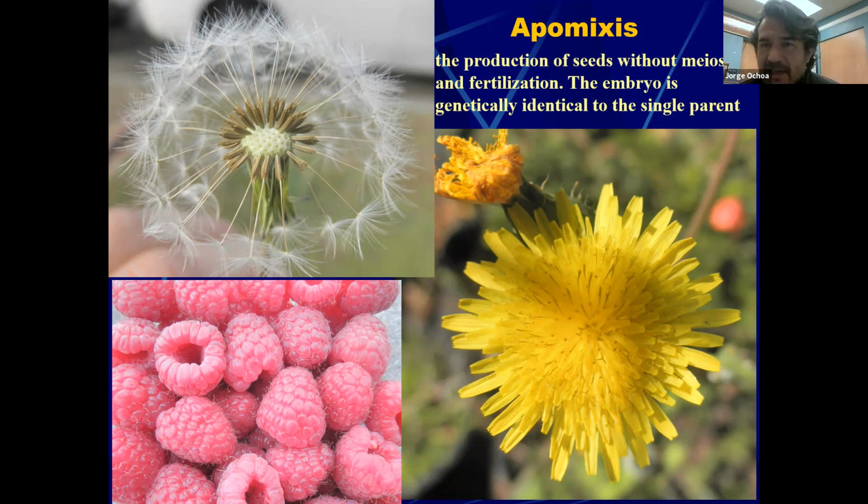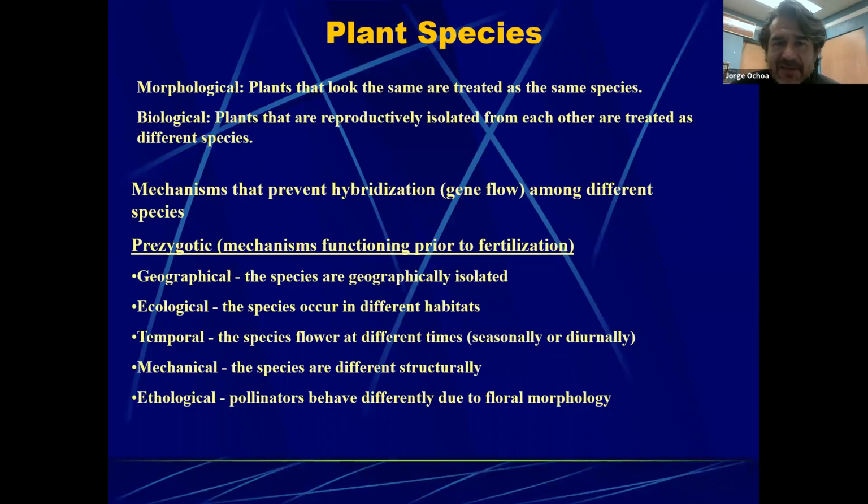So that is what apomixis means, an ovule that would turn into a seed, or the ability of a plant to produce the seeds without any kind of pollination or fertilization. There is no exchange of genetic material. It's kind of creating a clone of itself through a seed. And so we have here just a few examples. What is considered a plant species? Plants that are able to breed with one another will normally be within the same species.